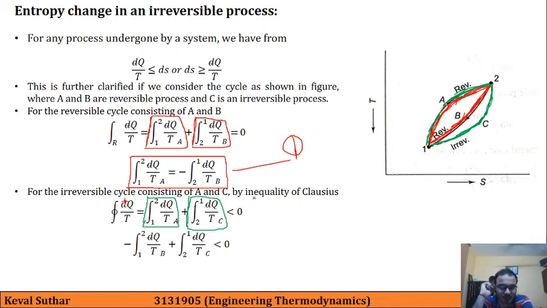Now here what we have done, we have utilized equation number 1. So we have replaced this path A term with this path B term here. Okay, so what is written over here is that this again is taken on the right hand side, and it is greater than.